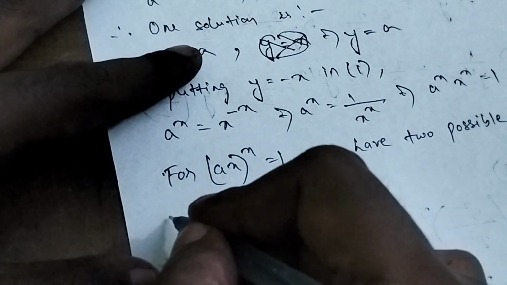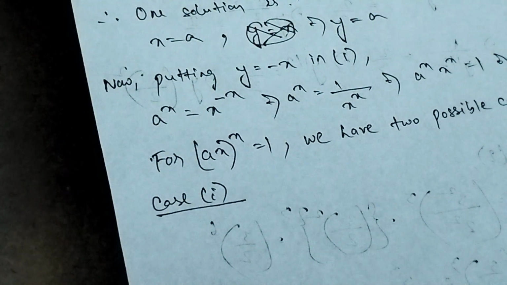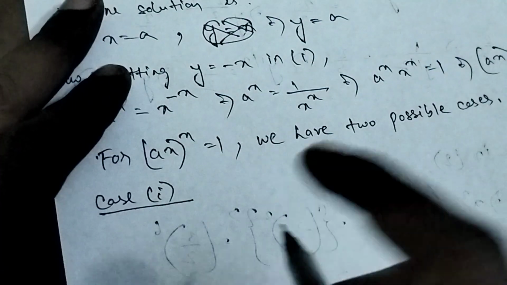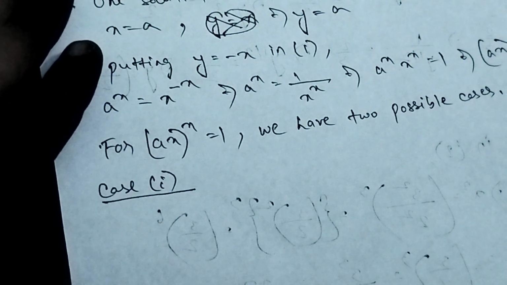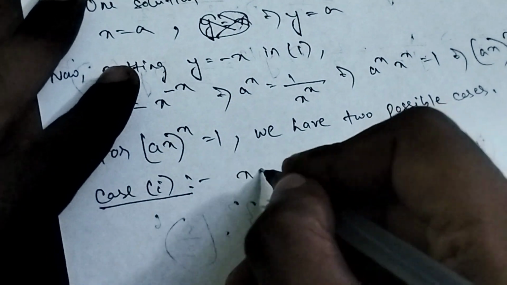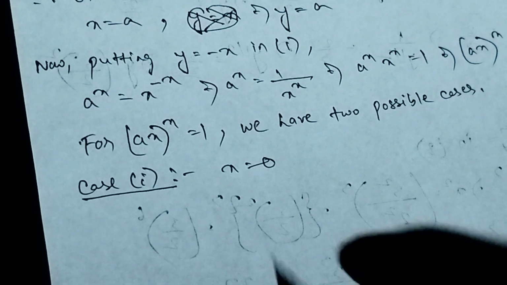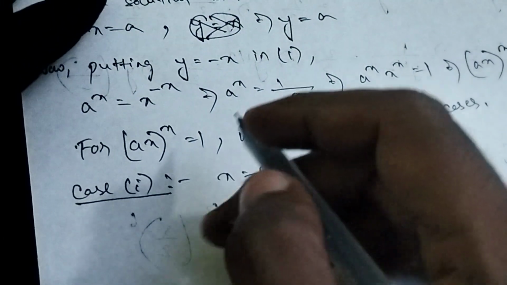Now case 1. One thing, it can be that the value of x is 0. If the value of x is 0,